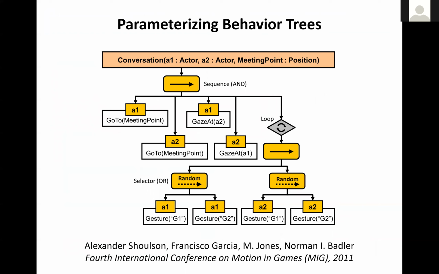So this is essentially the graphical formalism. These are behavior trees, which some of you may or may not have seen. We modified these behavior formalisms that were invented in operations research and used them for authoring multi-agent behaviors in computer animation. So I'll simply show you how these behavior trees work.